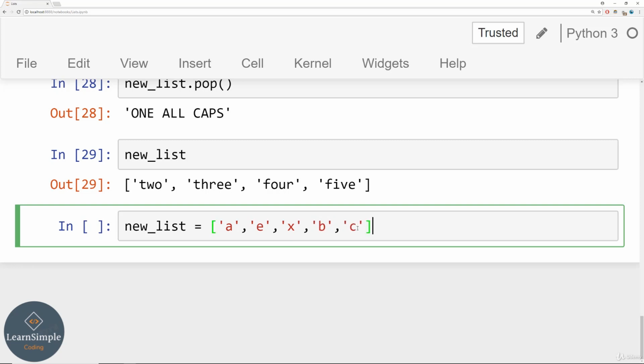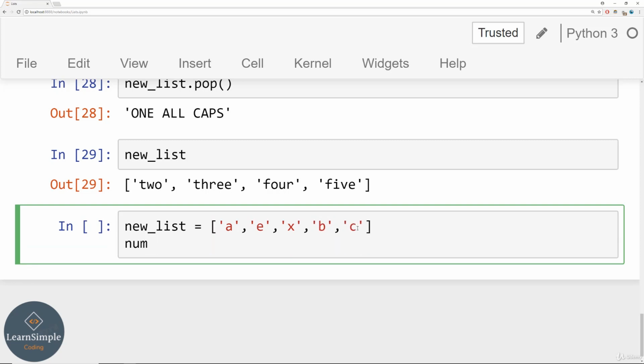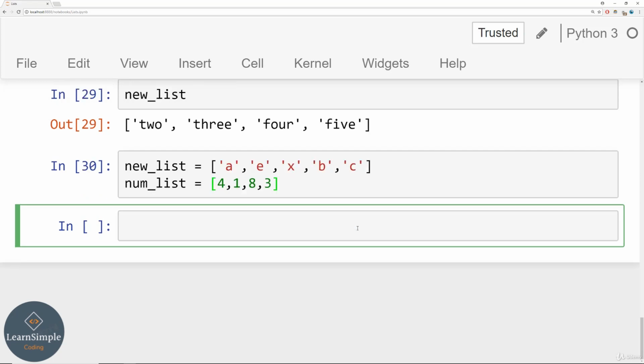There we go. And we'll also make a numbers list. So we'll say numList is equal to, and let's make this just a bunch of numbers out of order as well. Okay, so we have 2 lists. If we ever want to sort these lists, what we can do is call the sort method off of them. We can say new list, sort, and you can use tab autocomplete to do this, open and close parentheses,